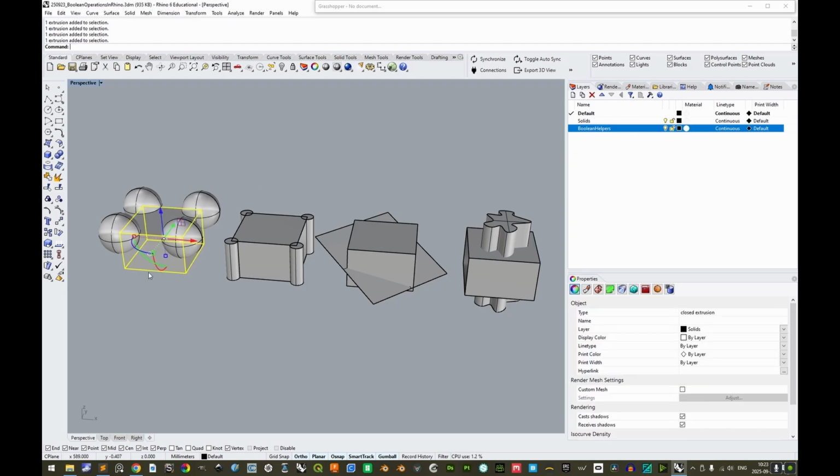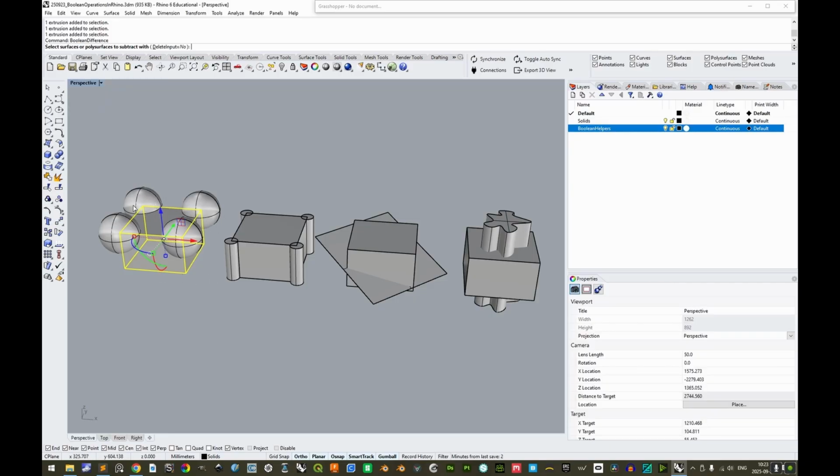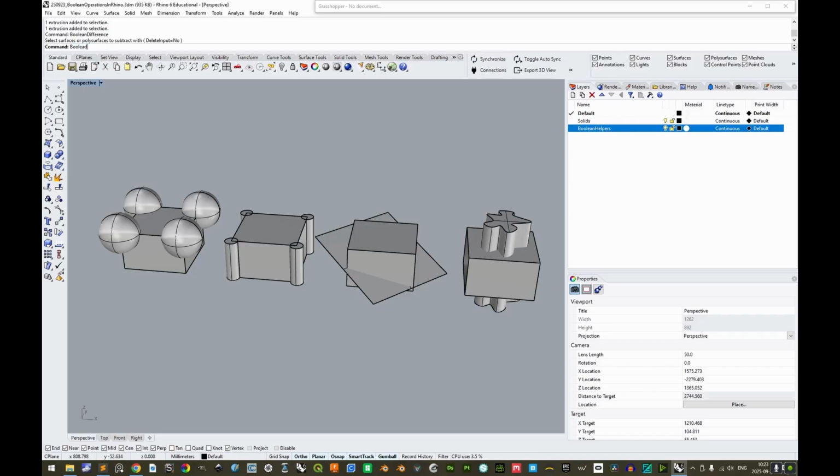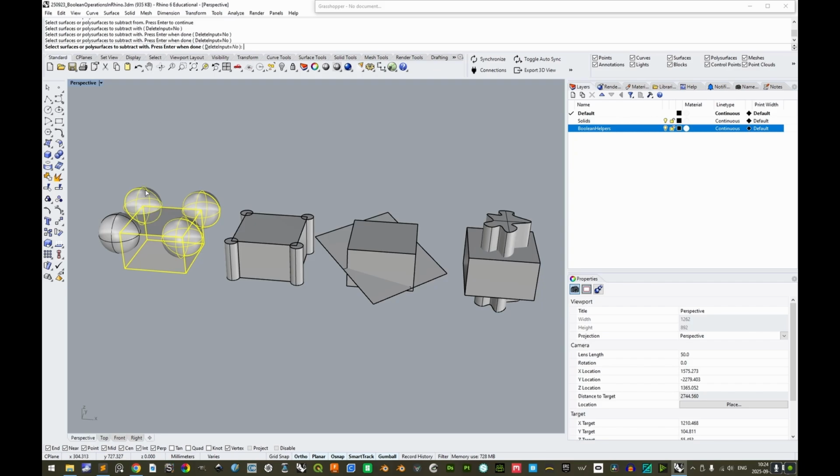We can either select the primary object first and type Boolean difference, which automatically makes the selected object our primary object, the one that we want to take away material from. Or we could escape here to cancel the command, first type Boolean difference, and then first selecting the primary object, the one that we want to take away volume from, and then pressing enter or space to confirm, and now selecting the 4 volumes here that we want to subtract with, and space or enter to confirm,